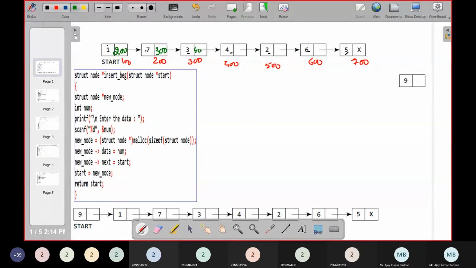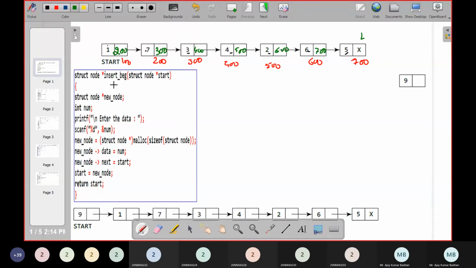Then we have 400, and I think we will have 500, 600, 700. Since this is the last node, we don't have any other node, so I'm simply representing it with the null pointer. A null value, -1, is placed here, which means that is the end of this particular list.